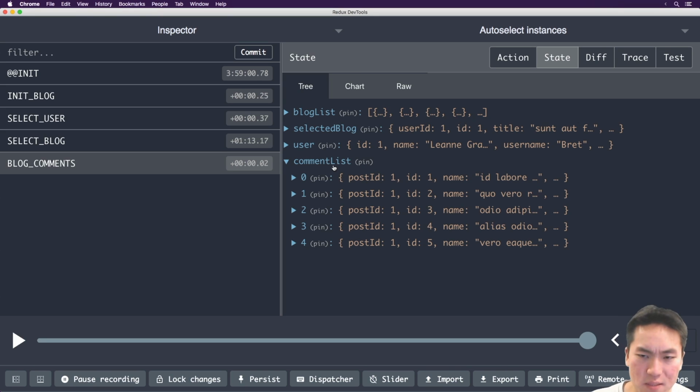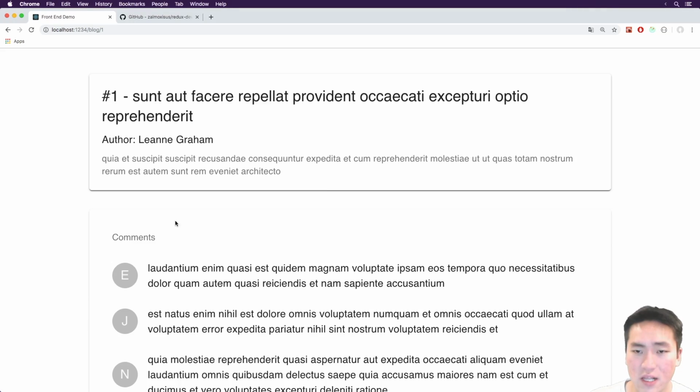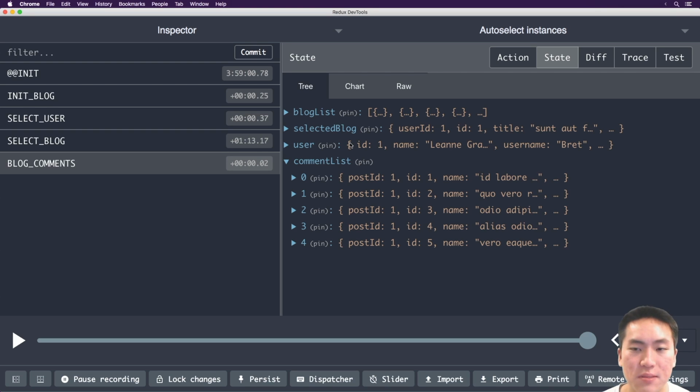The reason for that is because comment list is specifically for a particular item. So I would imagine that comments are like a subset of any particular blog item. You would have particular comments. So also when blog comments is loaded after a blog is selected and the comments are for that particular blog item, it instantly raises a red flag as to whether or not this belongs in this location within the Redux